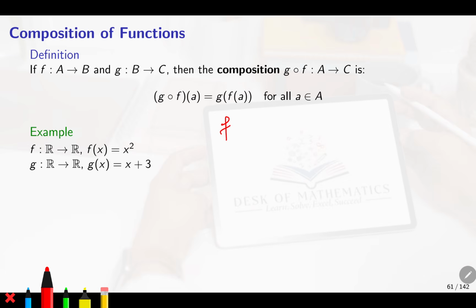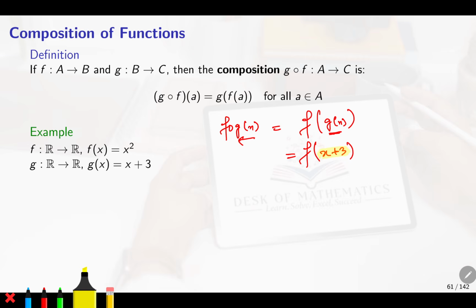So now f of g of x. Apply g of x first, so come from the right. First we will apply g. What is g of x? g of x is x plus 3. Now take this x plus 3, so you have the input of f as x plus 3. f says if you give me any input, I will square it. So now you are giving the input x plus 3, so f will do (x plus 3) whole square, because its input is now x plus 3. Okay, so this is f of g of x.